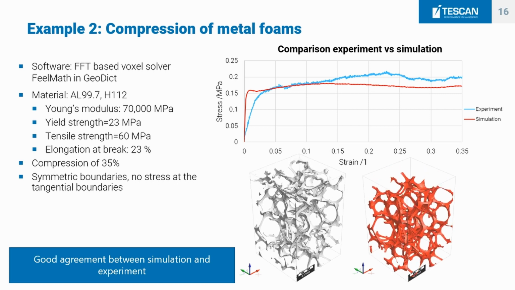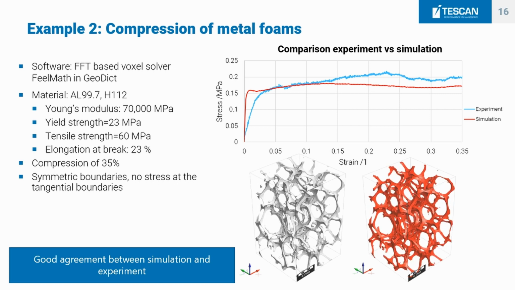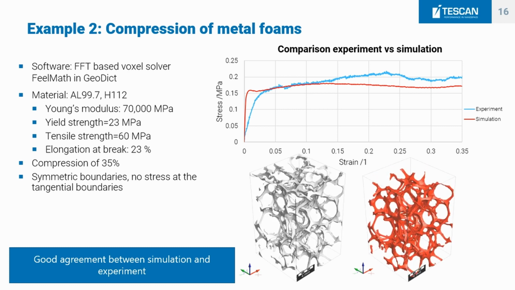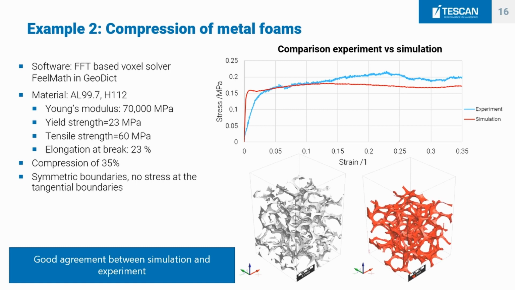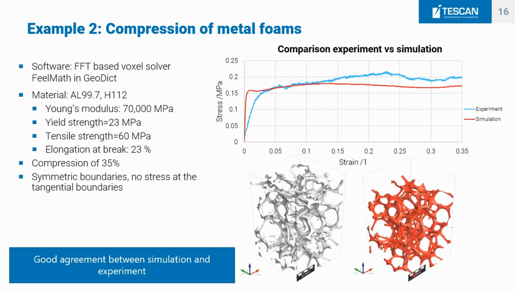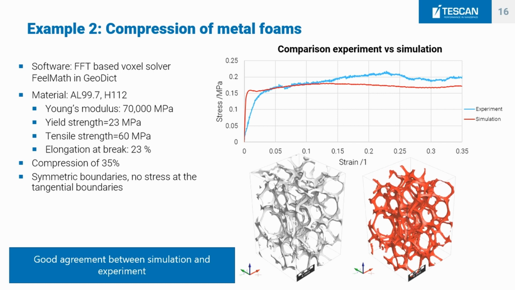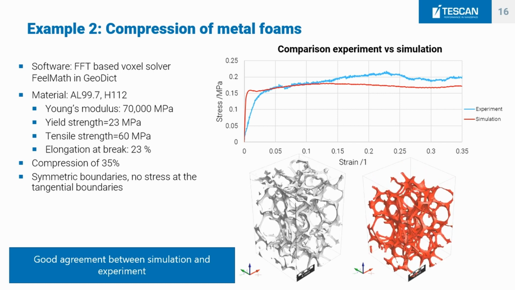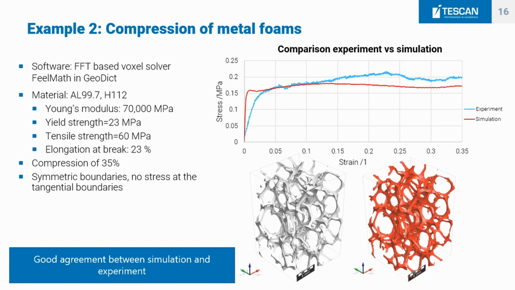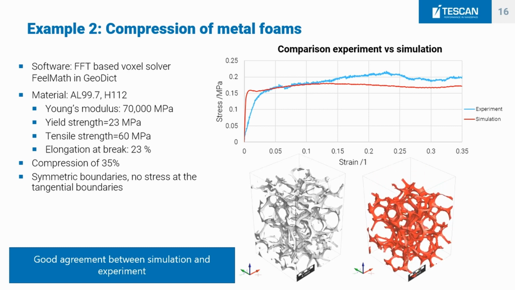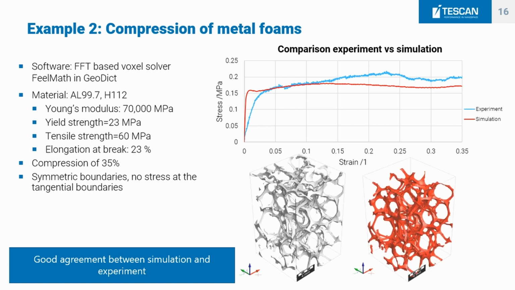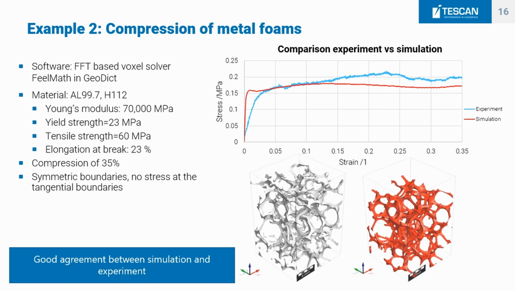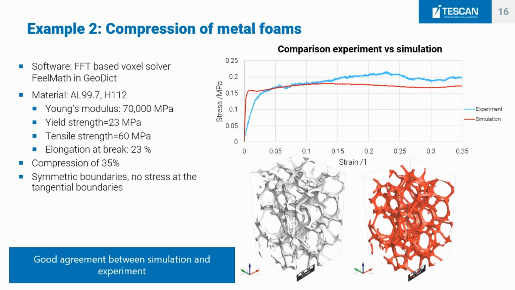If you compare the stress-strain curves of the simulation in red with those of the experiment, you can again see a very good match between both datasets. There's only a slight deviation at the complete beginning of the experiment, and we believe this has a lot to do with sample preparation. Surfaces that are not completely flat when they are fit inside the compression stage will settle a little bit in the beginning, which means there's a deviation in the initial compression of the experiment. But all in all, we have a very good agreement between simulation and experiment.